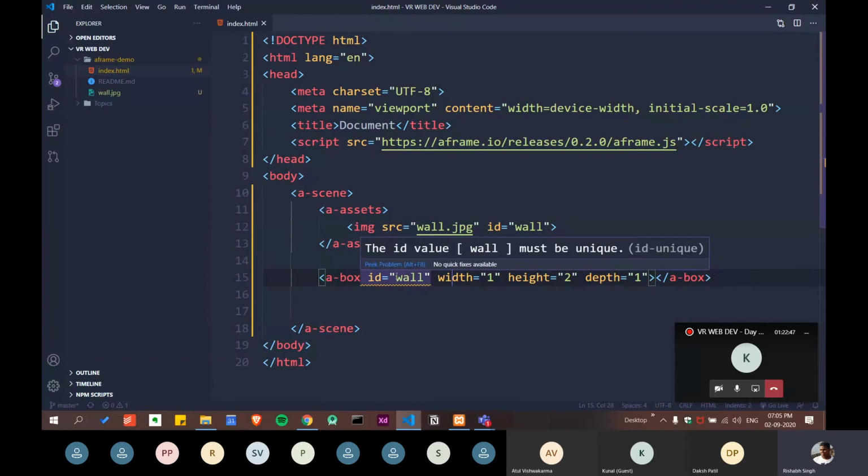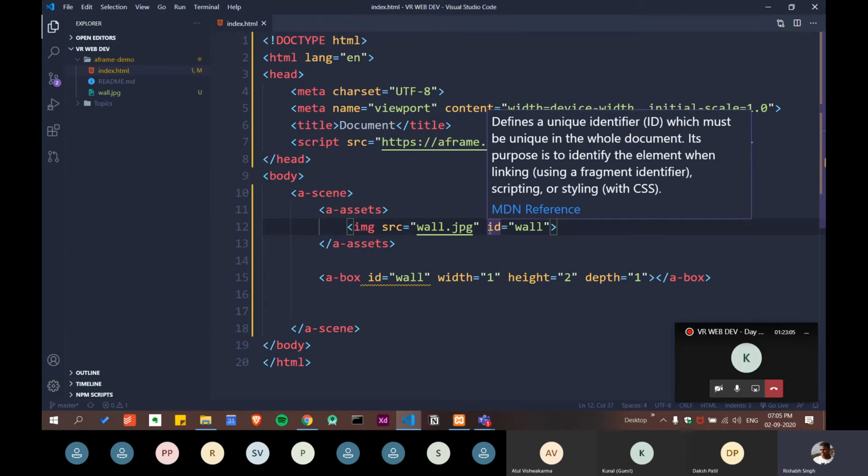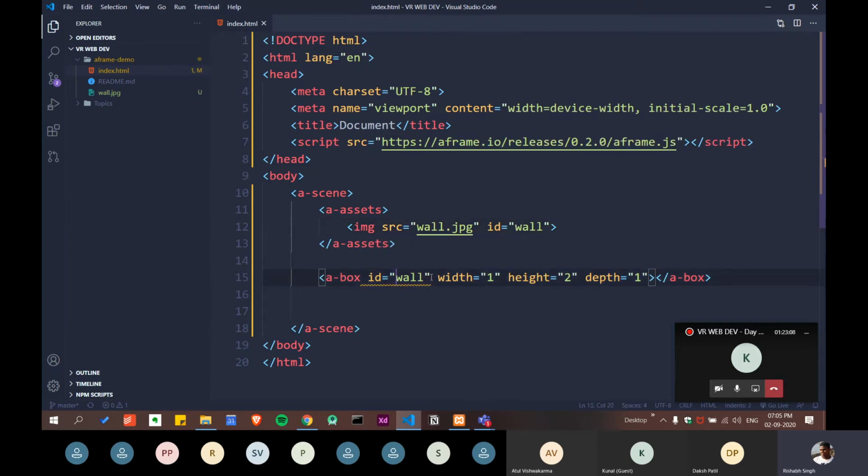But remember one thing, if you are going to give it a wall over here and here also, we want to connect both of these tags. This is the parent tag. This has the wall jpg file with it. And if we want that file, we have to ask for it. To ask for it, we are going to add one thing, that is hash. You can call it hashtag. I prefer to call it hashtag. And yeah, we are done. We have added it, connected it with our image file.